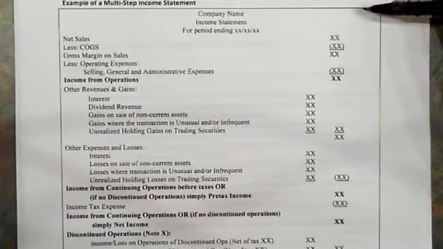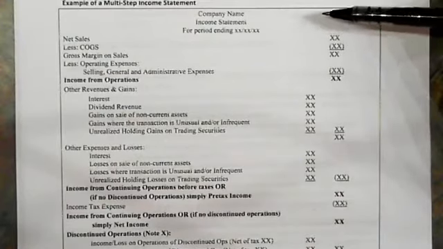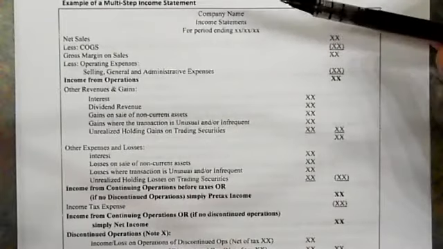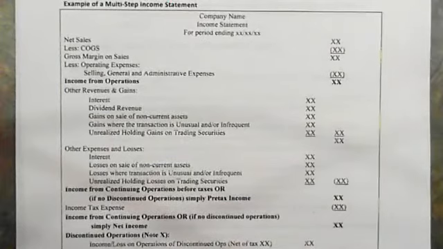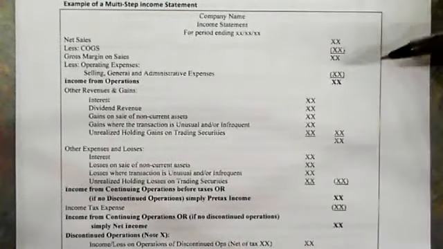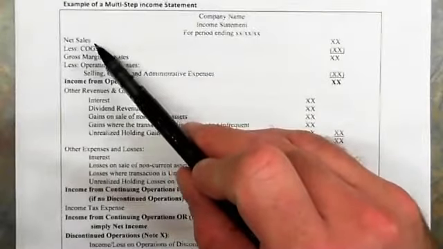So, of course, the income statement is a period statement. It's not like, for example, the balance sheet, which is always as of a specific day. It's for a period ending. It could be a quarter, it could be a month, it could be a year, but you have to be specific about what we're capturing with this information. It always starts off with net sales, and we'll talk about what net sales are as we move through